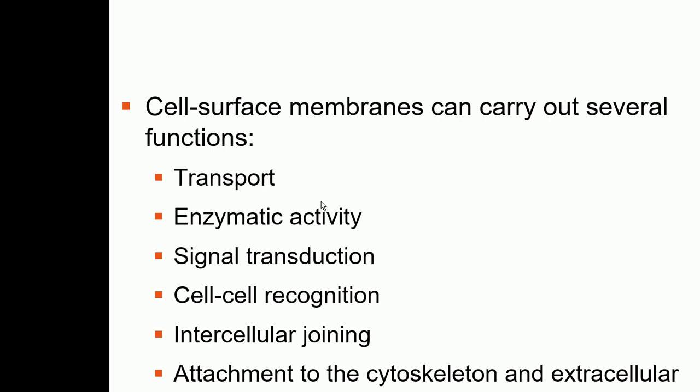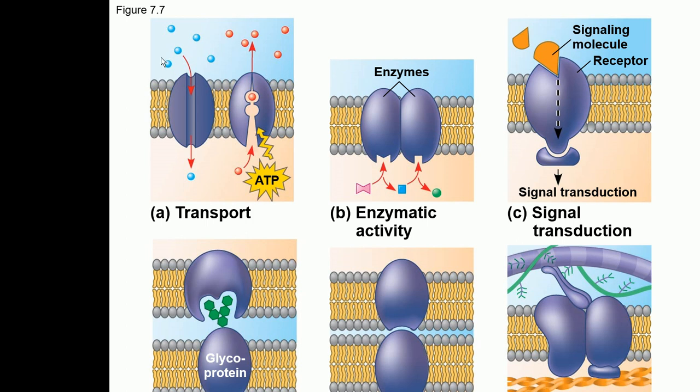And these are the different functions which are performed by the proteins in the plasma membrane. They help in transport, enzymatic activity, signal transduction, cell-to-cell recognition, intercellular joining, and the attachment to the cytoskeleton and the extracellular matrix. Let me show you here. So these are the proteins which are embedded in the membrane, and this is the function as a transport protein. So these proteins are called channel proteins. You can see how they are providing a channel for the entry of some solutes, and these are called